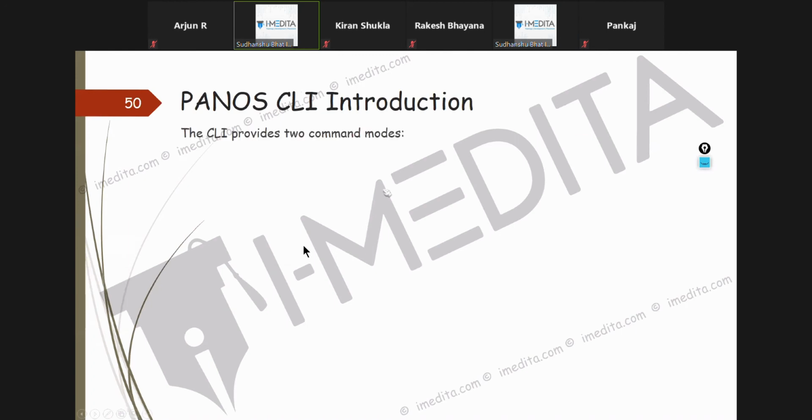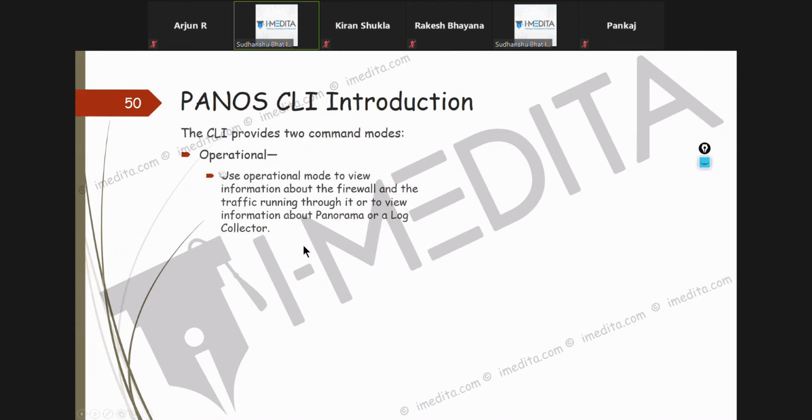Now, like I told you, from the CLI there are two command modes. One is operational mode. Operational mode is used mostly like privilege mode, but I won't say completely like privilege mode, because a lot of times there are some show commands which work in configuration mode.